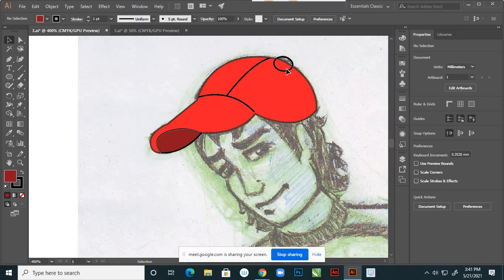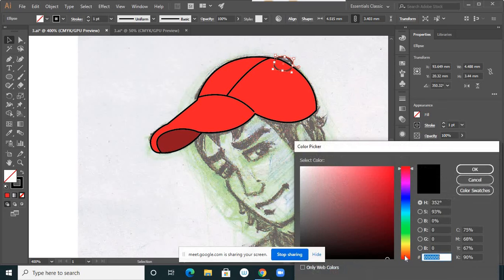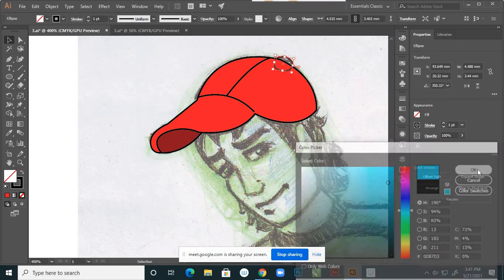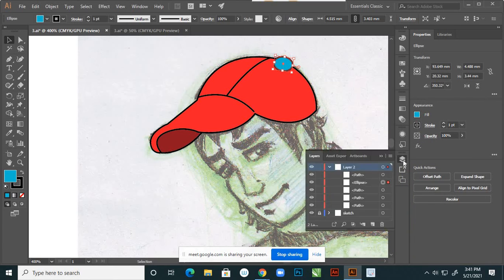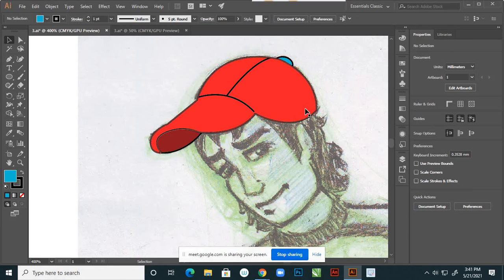See, this should keep down, went inside, perfect, right. And again this small portion I'm using, suppose, a blue. Yes, this blue, say okay, send this blue portion down behind the cap, so that means here, yes, perfect.